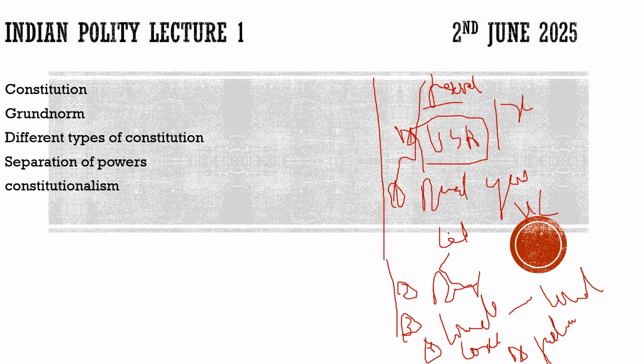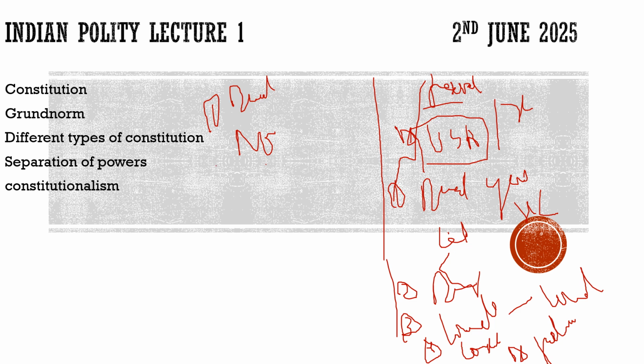Look at our country. What was the first criterion? There should be dual governance. Do we have dual governance? 100% we have. We have state governments, we have the central government. Now the question comes, can the center make laws on state subjects? In normal conditions, no, but if the center thinks it is abnormal conditions, then they can make laws. So we are a dual government, but is it really dual? There are concerns. If we dig deep, on paper, yes, we are a dual government, but is it really so? That is a different question.